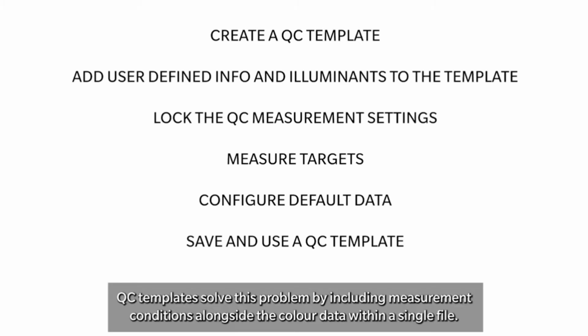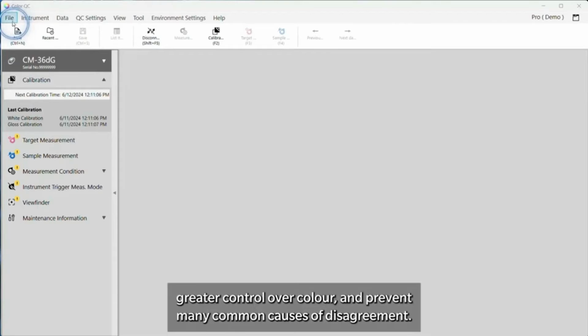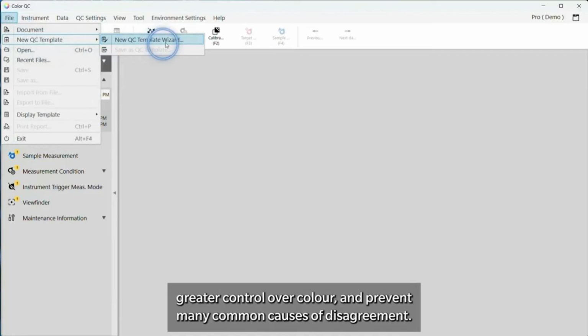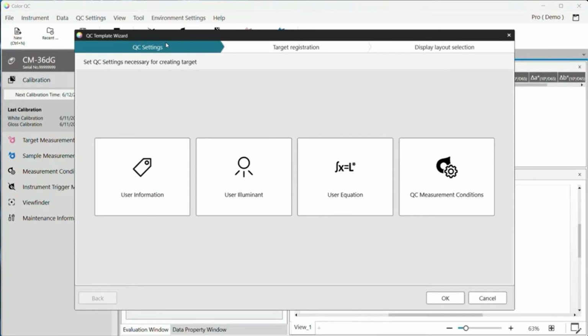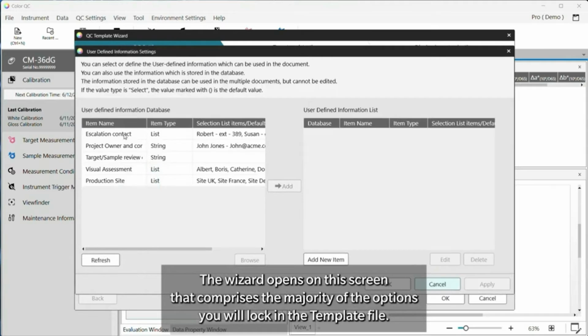QC templates solve this problem by including measurement conditions alongside the colour data within a single file. The benefit of this is that the project owner can have even greater control over colour and prevent many common causes of disagreement. The wizard opens on this screen that comprises the majority of the options you will lock in